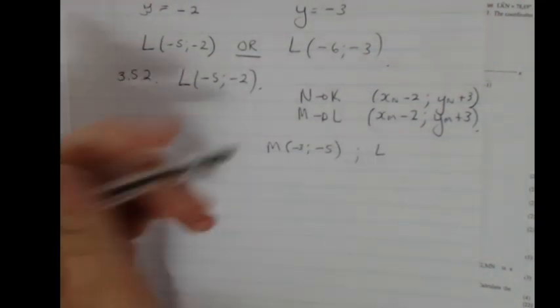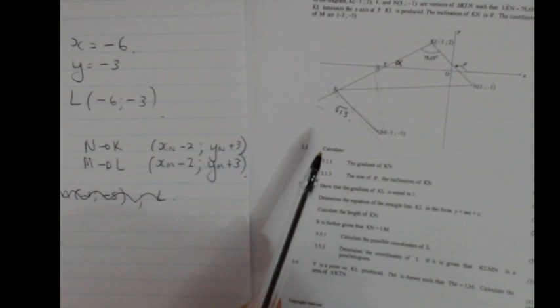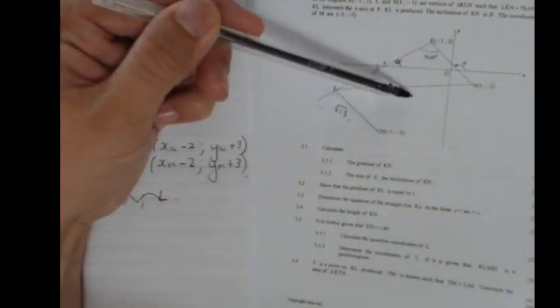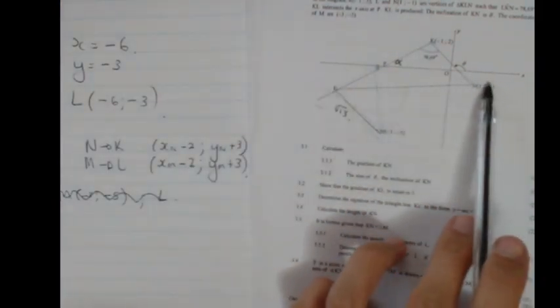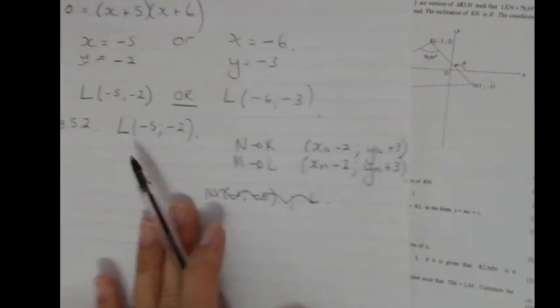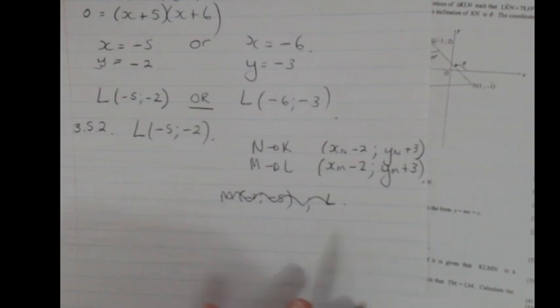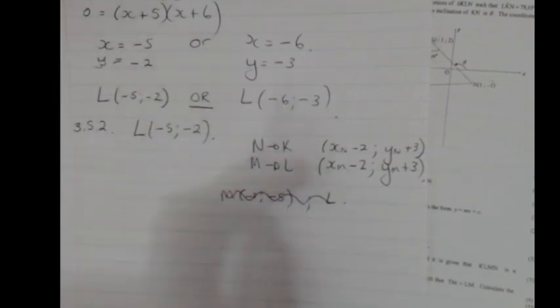This, I think, will be fine for calculations. Alternatively, what you can do, if that is a parallelogram, then the midpoint of KM should be the same midpoint of LM. So you find the midpoint of KM and make that the midpoint of this line with that point and the missing L value, and establish in another way that L is (-5, -2). This is fine, or you can use midpoints,